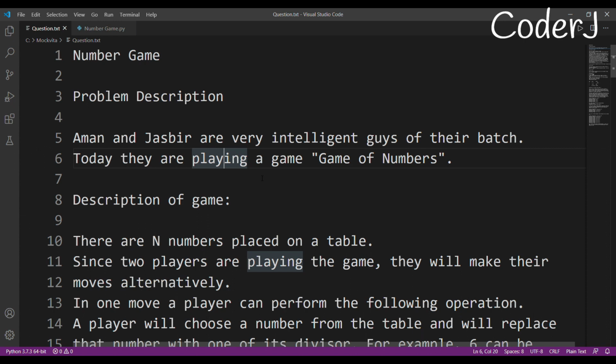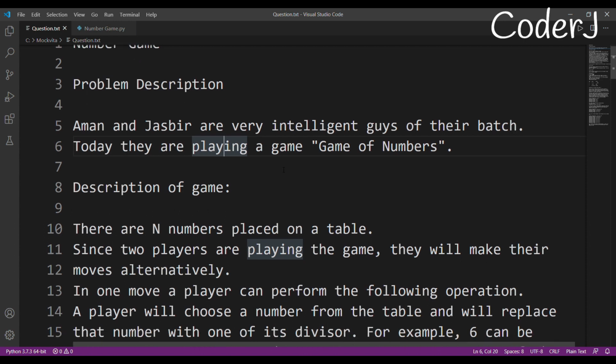Many people have used a XOR approach, like they have used that XOR operator on all the numbers to get the answer. But that solution is completely wrong, and I'll show you later in the video why. Right now, let me read this problem description. And to be honest, this problem description is one of the best examples that you can get for an implementation type problem. Why? Because it questions how you approach these type of questions, right? And I think you'll actually enjoy this question a lot. So let's move on to the problem description.